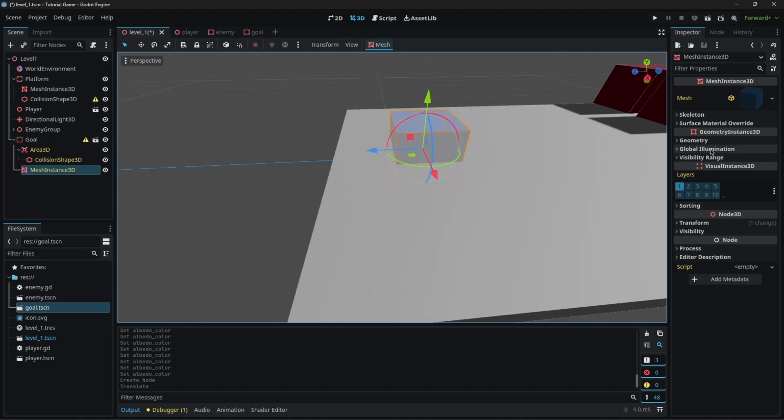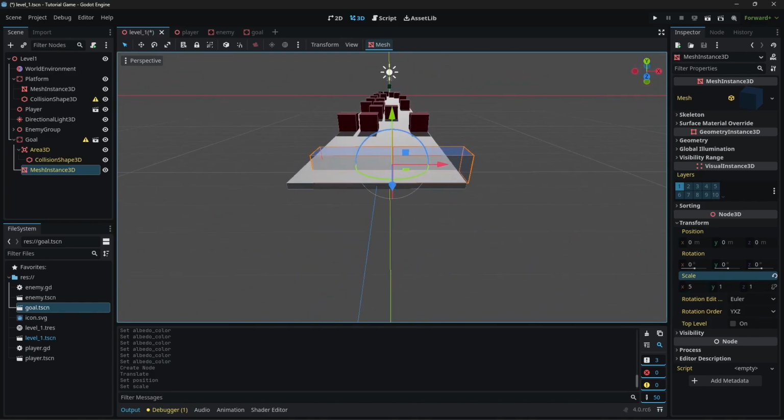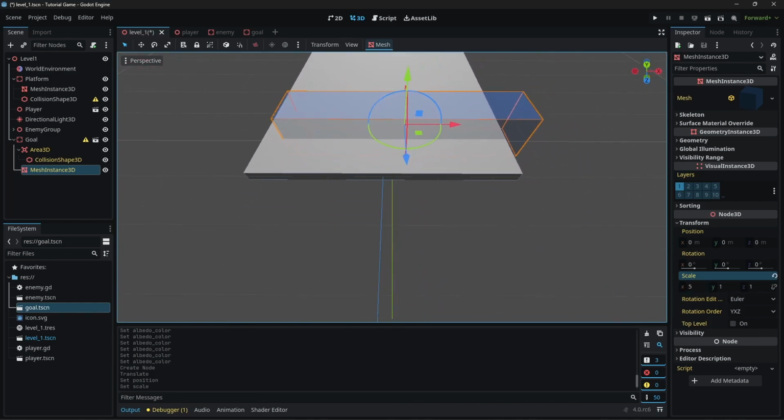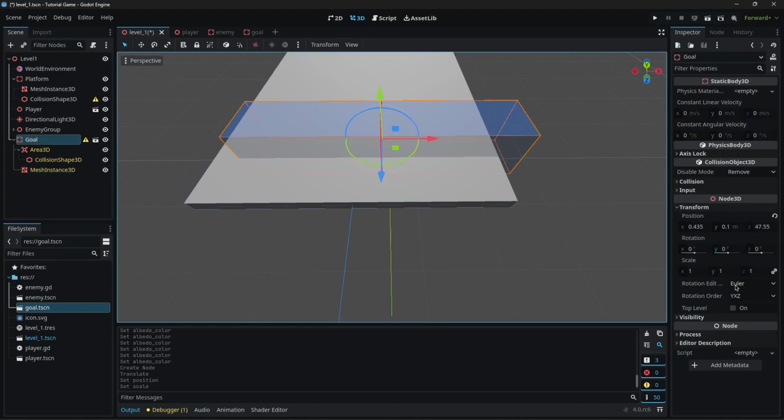Looks nice and all. Let's go to transform, and for X we should use Z. It's nice. For scale on the X, click this link button so everything does not scale. X-axis should be 5, and this is perfect, but it's not aligned properly. We are gonna need to get in here, and